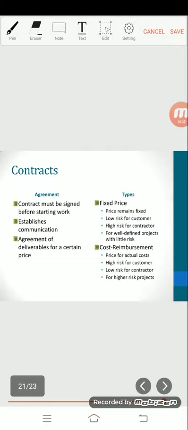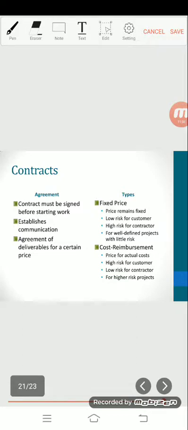Contract. Just because the contractor has been selected as the winner does not mean the contractor begins the work right away before the project can proceed. A contract must be signed between the customer and the contractor. A contract is a vehicle for establishing good customer-contractor communications and arriving at a mutual understanding and clear expectation to